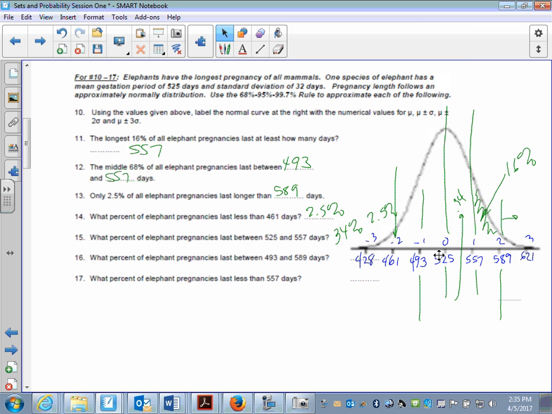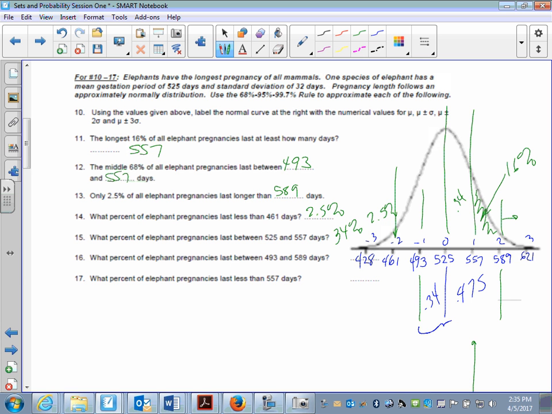Okay, now on that one, let's do a little more work here. So from 493 to 525 is 0.34, because that's 1 standard deviation, half of 68%. And then from 525 to 589, that's half of 95, which is 47.5% or 0.475. And when we add these two together, we get 81.5%. So it's 81.5%